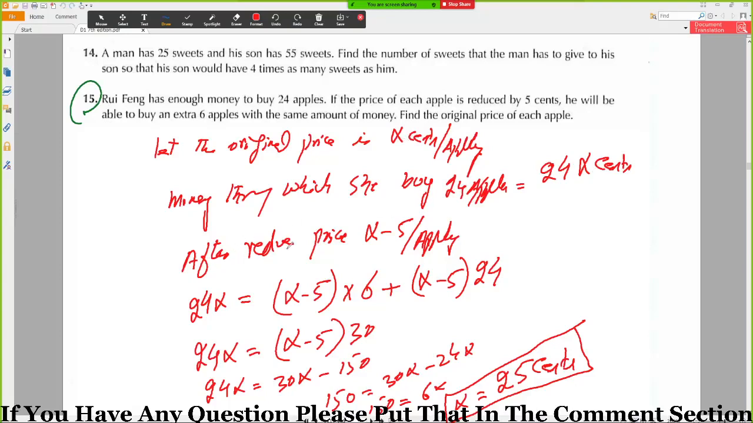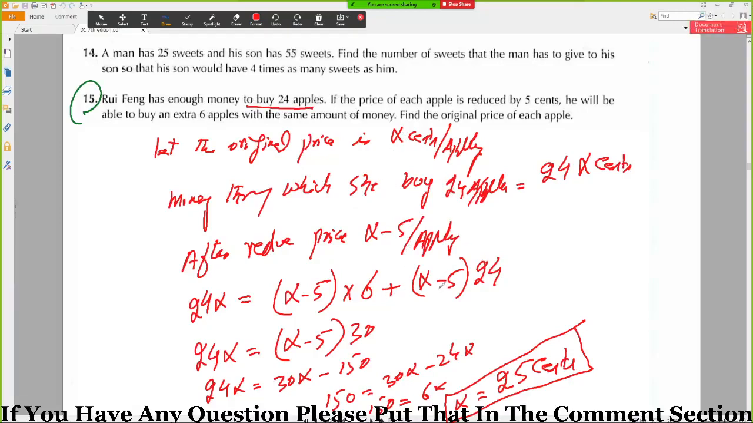उसके बाद आफ्टर रिड्यूस प्राइस दैट इज x minus 5, x minus 5 cents per apple will be the price of one apple. Okay, x minus 5 cents will be the price of one apple. तो ओके, प्राइस जब रिड्यूस हो जाए तो शी वांट टू बाय 24 apples, so that will be x minus 5 times 24. बट